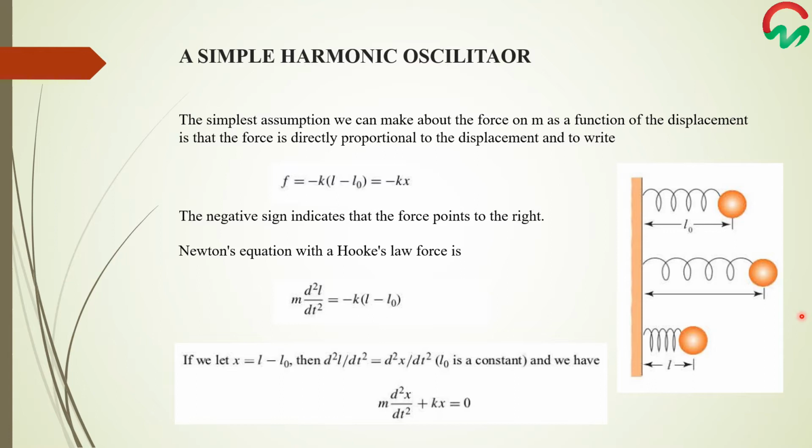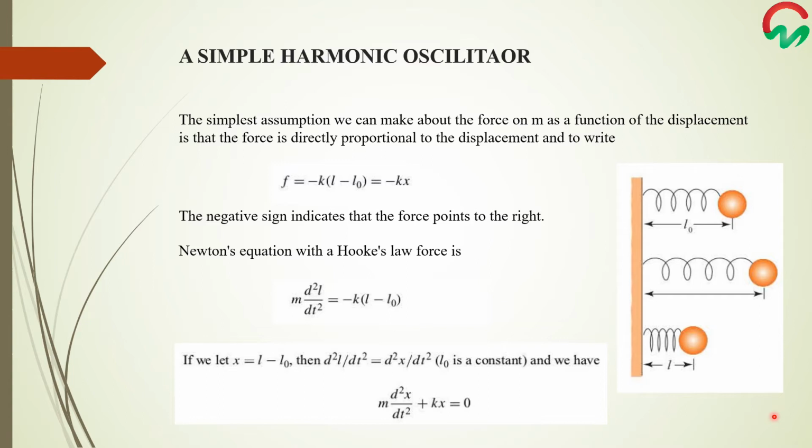Suppose that no gravitational force is acting upon the mass m, then the only force that is acting on the mass m is due to the spring. If we let L0 be the equilibrium or undistorted length of the spring, then the distorting force must be some function of displacement of the spring from its equilibrium length. Then this displacement of the spring is denoted as x equals L minus L0, where L is the length of